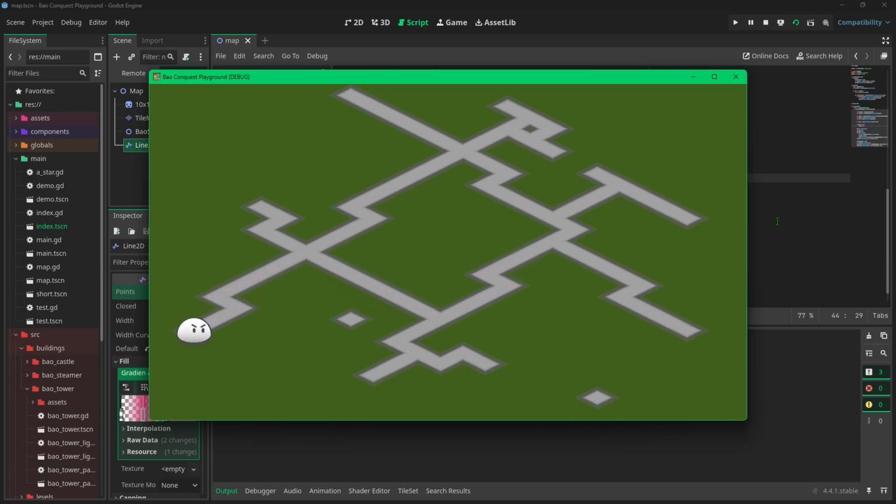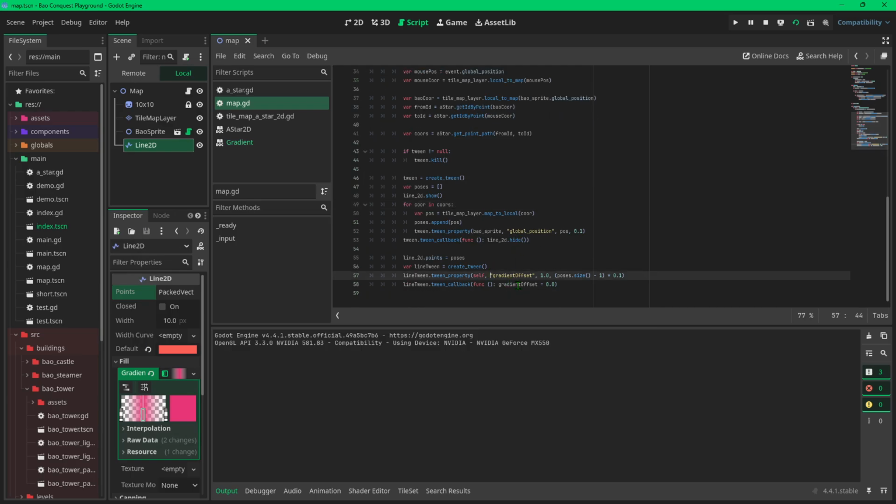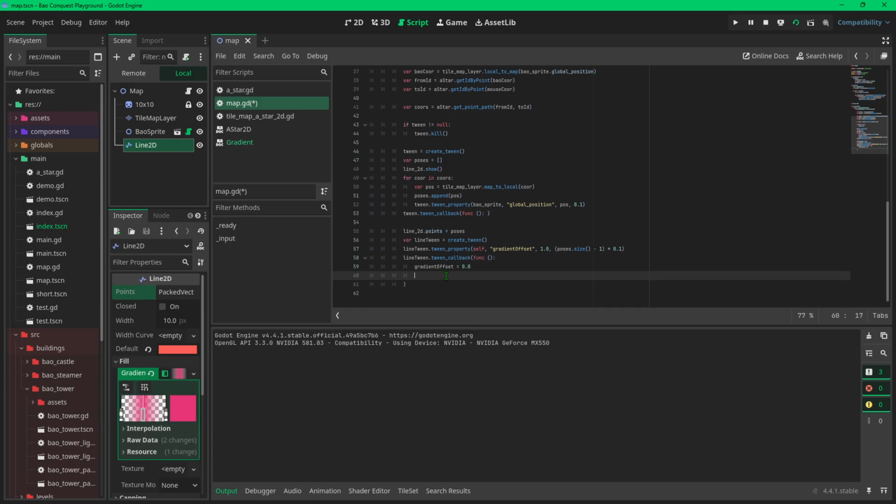The line should disappear when the offset is set to 1. So we can put the line hide when this line tween is finished, we reset the line offset to 0 and hide the line. So this one, remove, and it should be okay now.